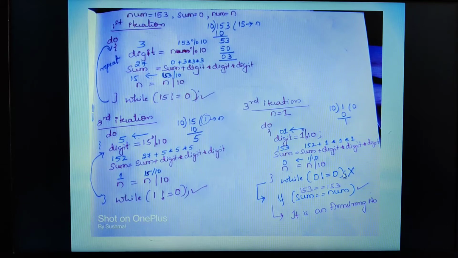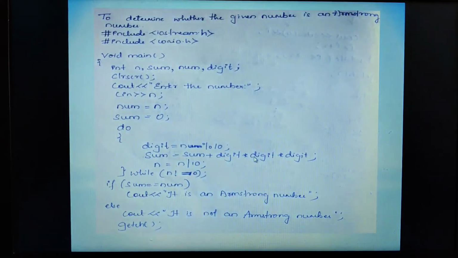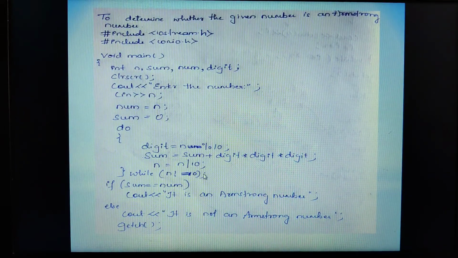After that the condition is being checked. What is there in the condition? While 0 is not equal to 0, the condition becomes false here. Actually 0 is equal to 0, but here the condition is 0 is not equal to 0, so the condition becomes false. Once the condition becomes false, the control will come out of this do while structure and jumps to the very next statement which is there in the program. Now coming back to the program here, what is the next statement in the program?